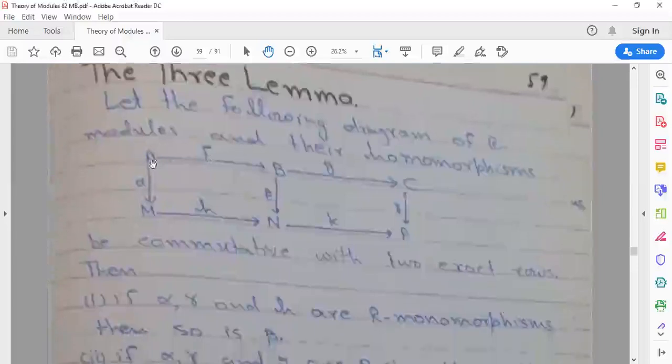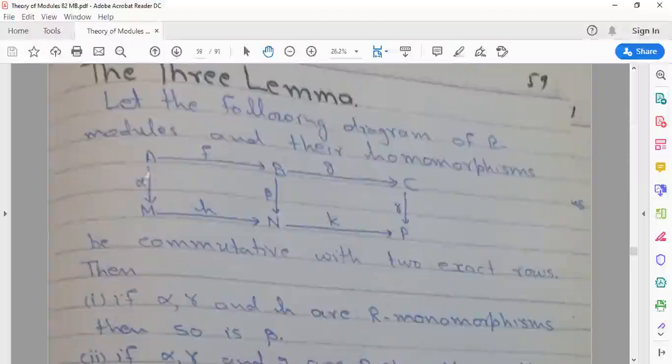f is a function from A to B, and alpha is a function from A to M, h is a function from M to N, beta is a function from B to N, g is a function from B to C, gamma is a function from C to P, k is a function from N to P. Be commutative with two exact rows. Then